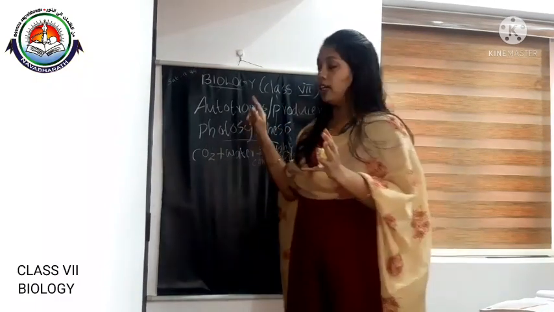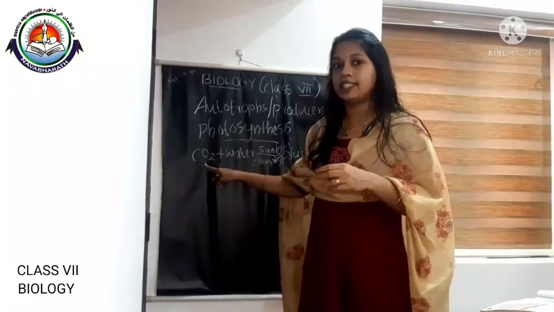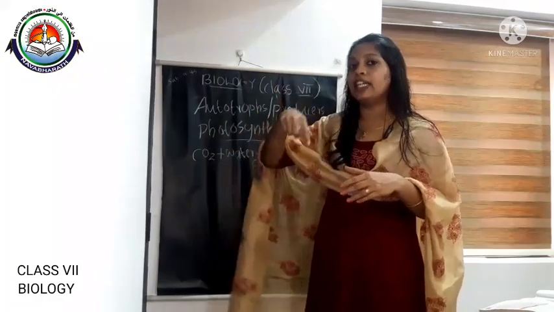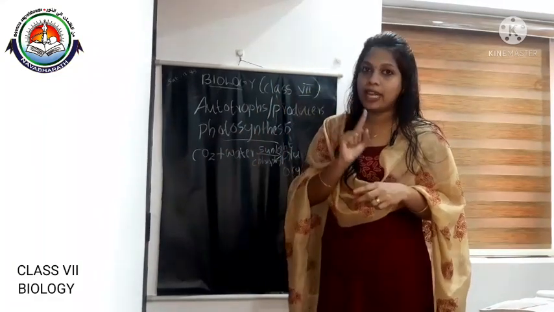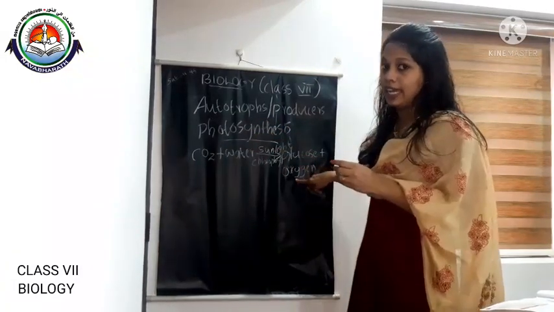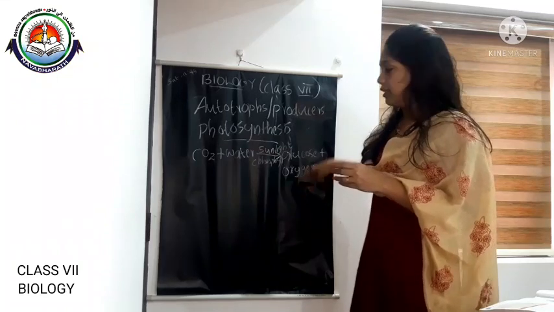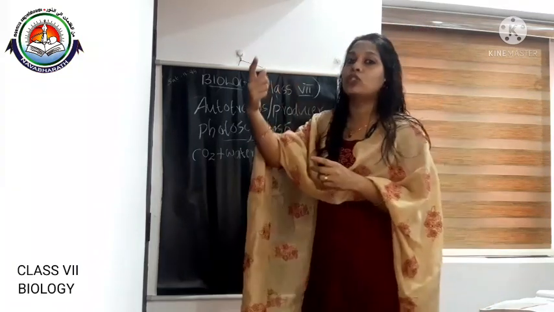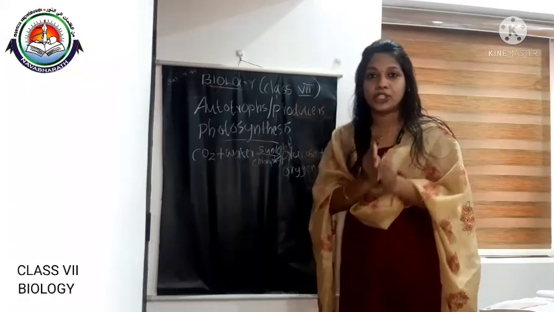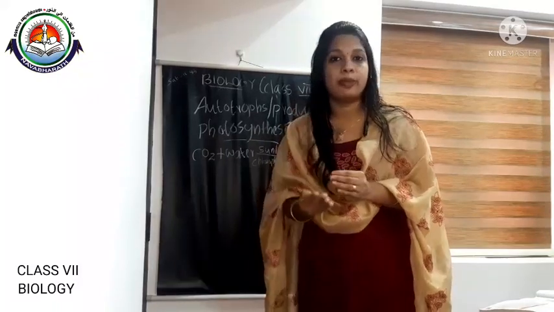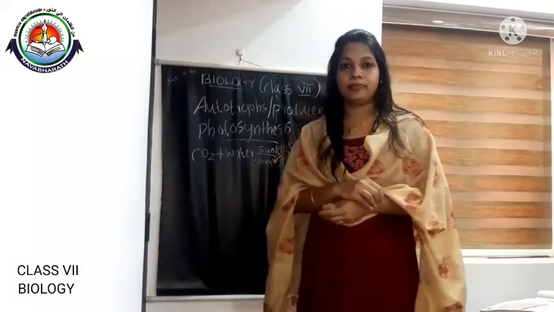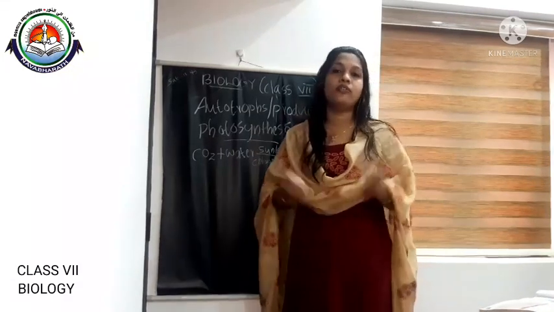Which means for photosynthesis, carbon dioxide is required, right? So carbon dioxide from the atmosphere enters the leaf through the stomata. And through photosynthesis, oxygen, which is a gas, is also produced. That oxygen is released to the atmosphere through the stomatal opening also. So, for gaseous exchange and for transpiration, stomata are helping. These are the functions of leaves.